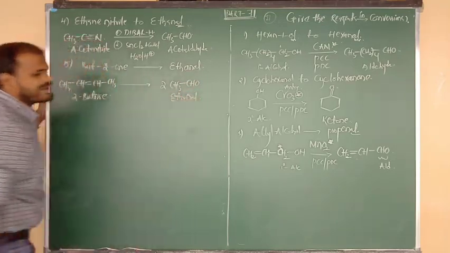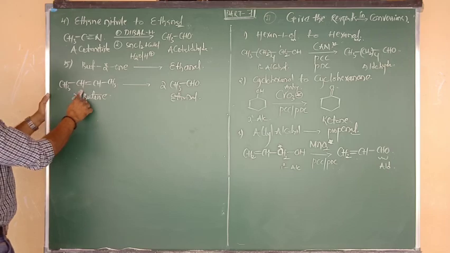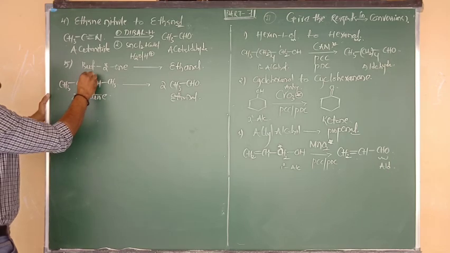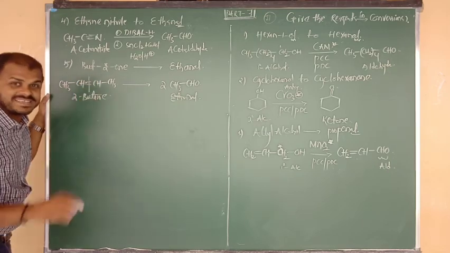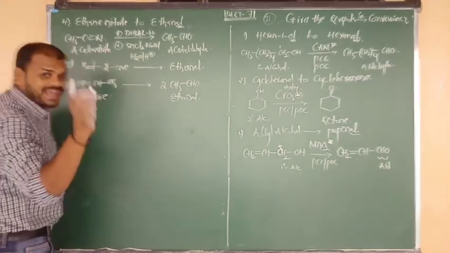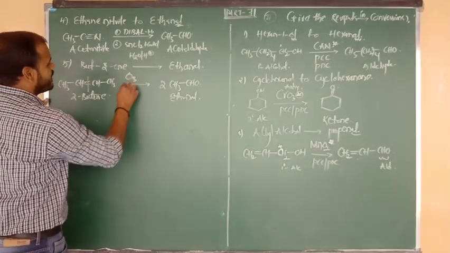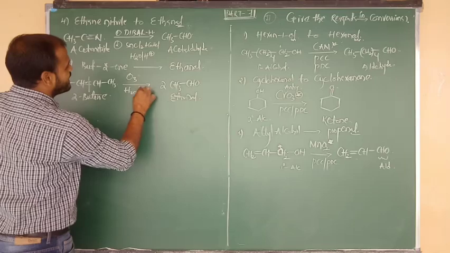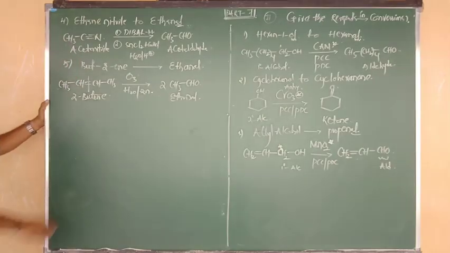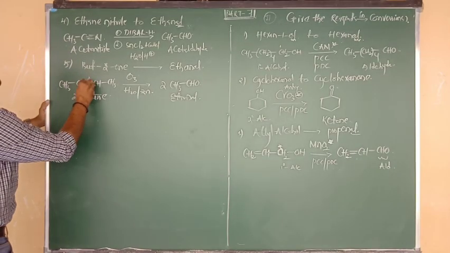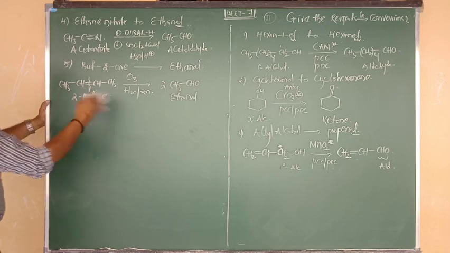So how does it look here? CH3CHO: cut the double bond like this and write oxygen on both sides. So this is nothing but the ozonolysis method. We have to take reaction with ozone followed by hydrolysis in presence of zinc dust. So break the double bond, put oxygen on both sides, and we will get the product.